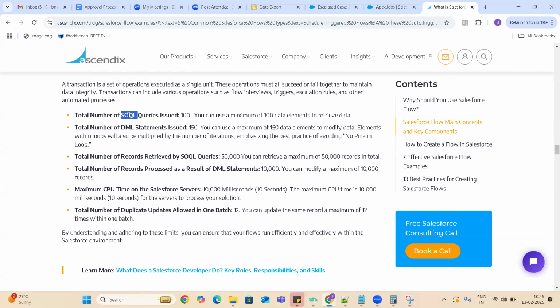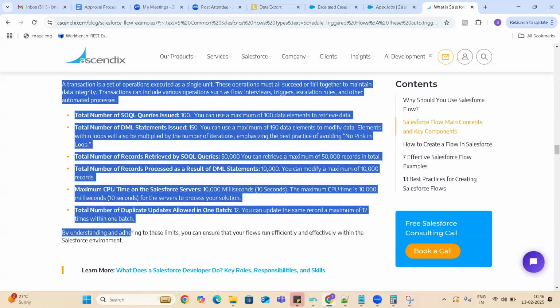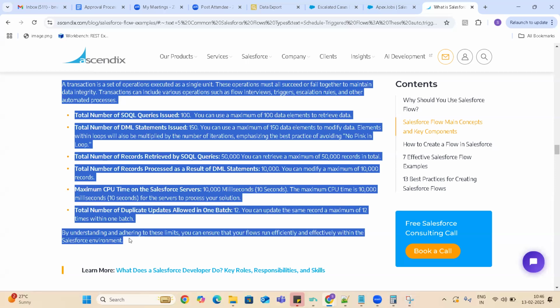And then DML statements, maximum we can use 120. DML is nothing but create, update, delete. Because of these limitations only, we are telling you not to go with flows in case of large functionalities.